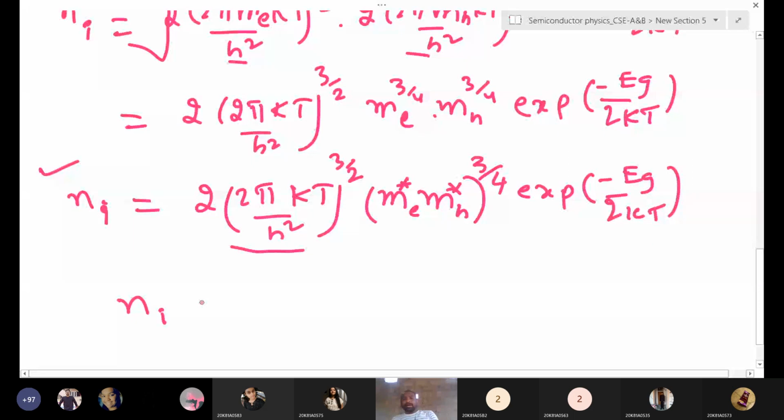an intrinsic semiconductor. Okay, and this Eg also affects it, because if the band gap is very high, you need to give more energy, more thermal energy. Then only will the electron overcome that band gap. Otherwise, it will not overcome. The electrons don't have that energy. Even though electrons break the bonds in the valence band, if that electron doesn't have that much energy, it cannot jump into the conduction band. So, if smaller